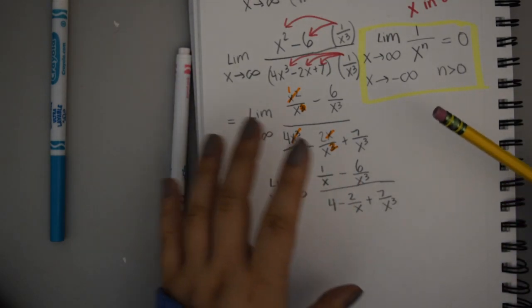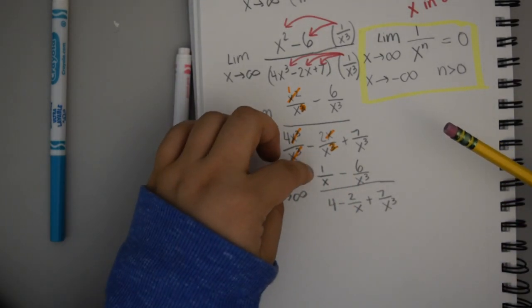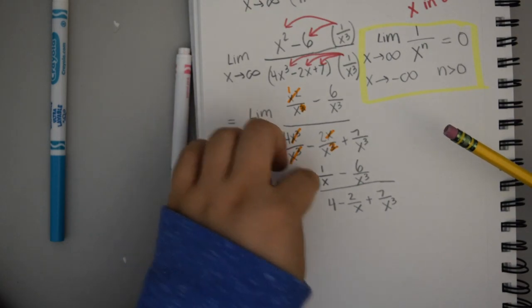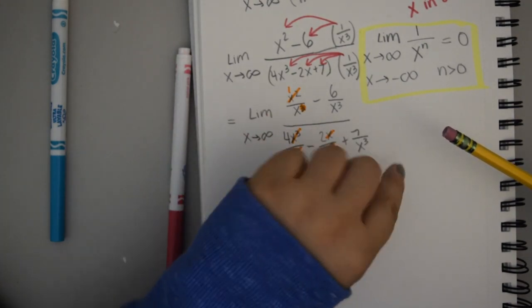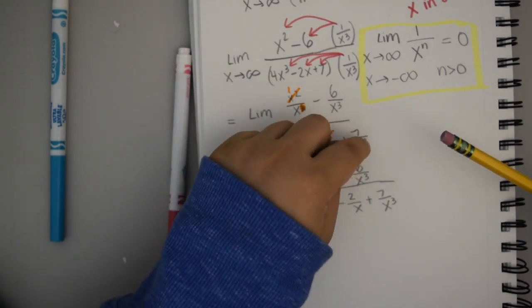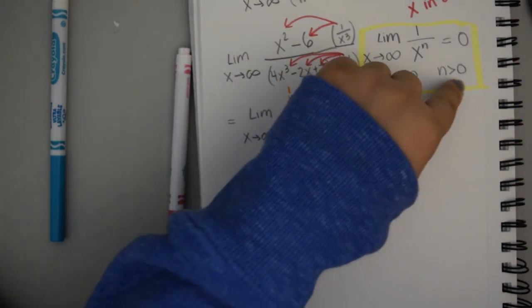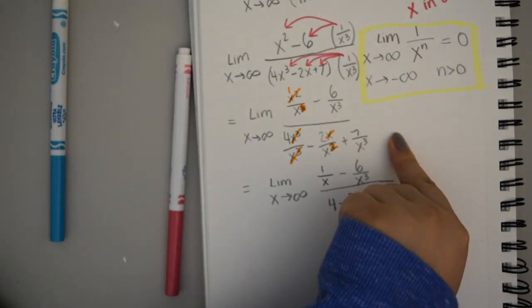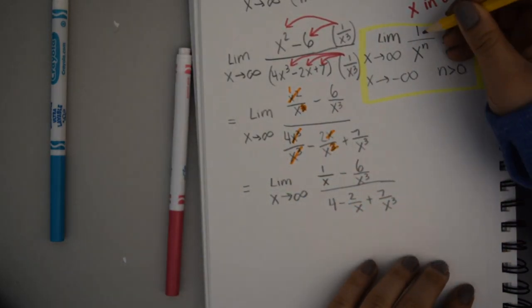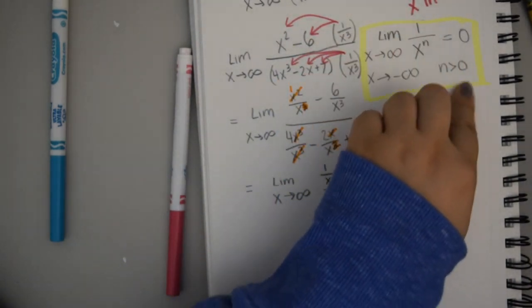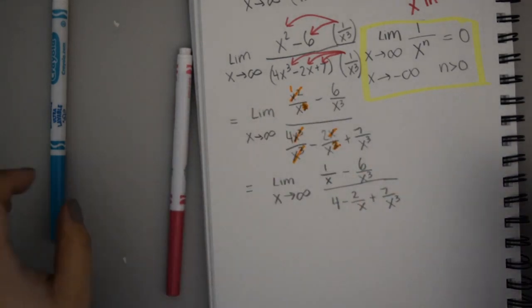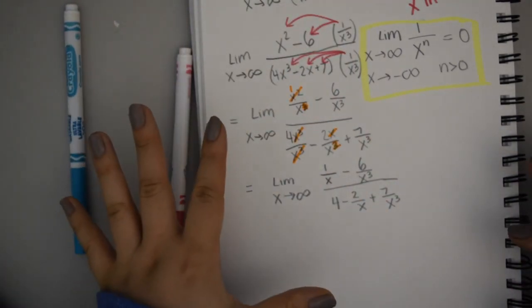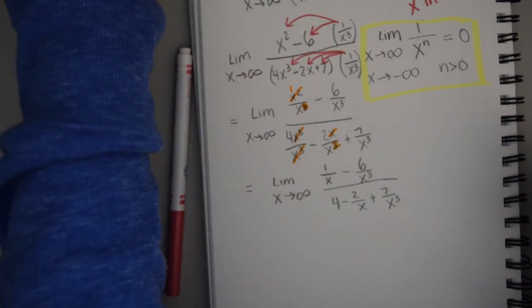If we're really going to write every single thing out, I would write the limit of 1 over x as x goes to infinity, minus the limit of 6 over x cubed as x approaches infinity. Then I'll pull out the 6 so that I have a 1 over x cubed, so that I have this exact rule. Sometimes this rule is written with c, some kind of constant, any constant, but this is the typical way, and that's the actual important meat of it. So without writing all that, hopefully you get the idea,